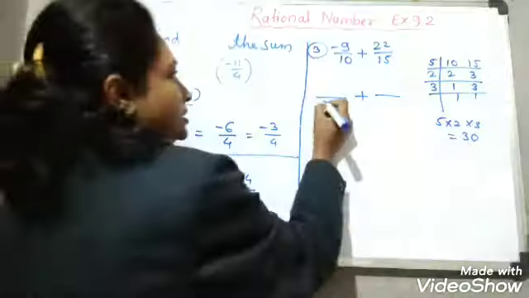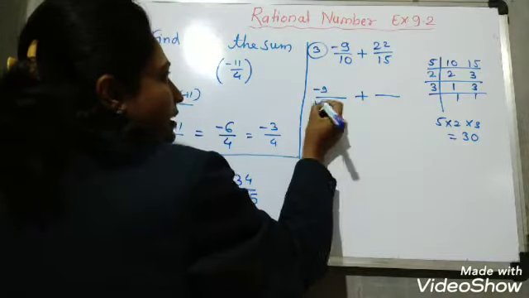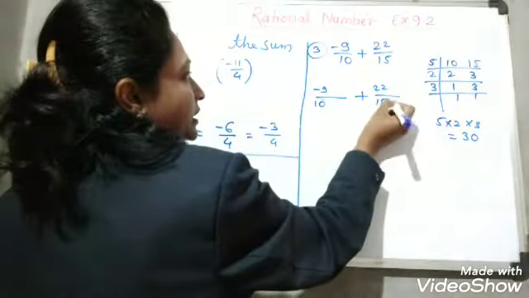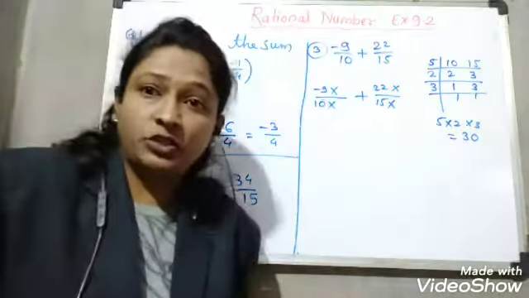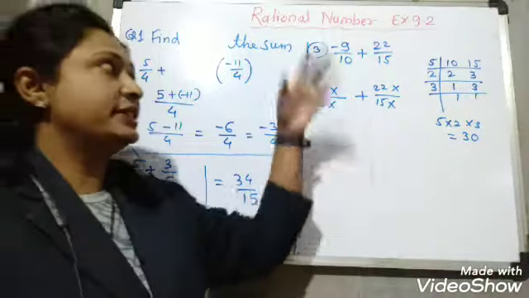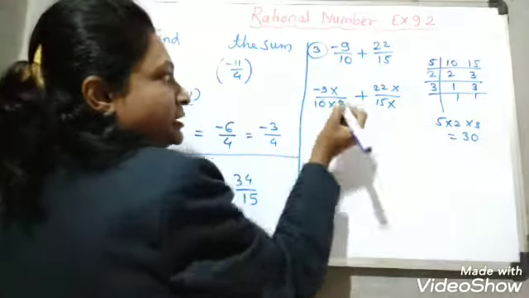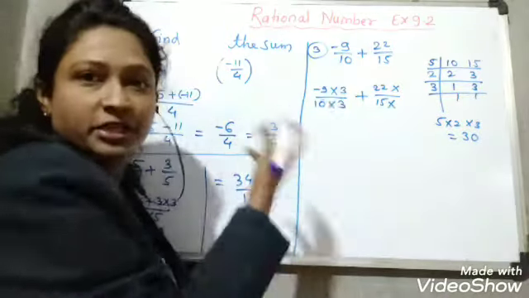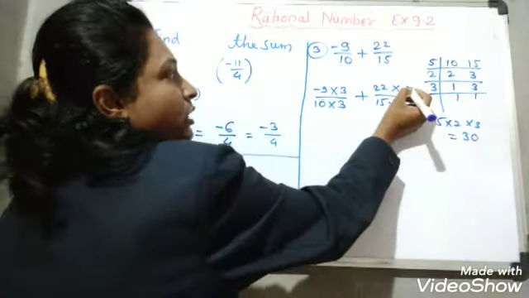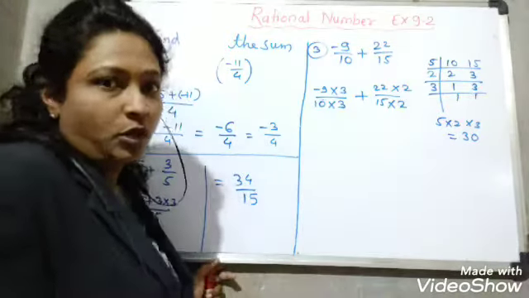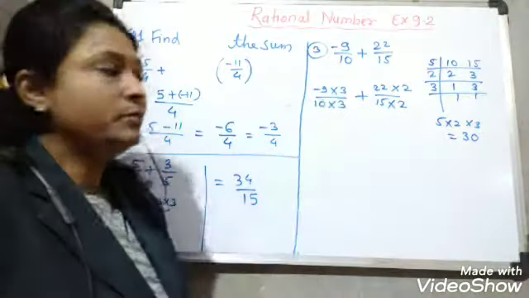Now see, this is minus 9 upon 10, and here 22 upon 50. Now we have to make the denominator 30, and we know the fraction rule. Whenever we multiply the denominator with a number, we have to multiply the numerator with the same number. So इसको 30 बनाने के लिए हमें 3 से मल्टीप्लाई करना है. So ऊपर भी हम 3 से मल्टीप्लाई करेंगे. See, 15 2s are 30, so we are multiplying by 2. Here also we should multiply by 2. जिस नंबर से हम डिनोमिनेटर को मल्टीप्लाई करते हैं उसी नंबर से न्यूमरेटर को भी मल्टीप्लाई करना है.